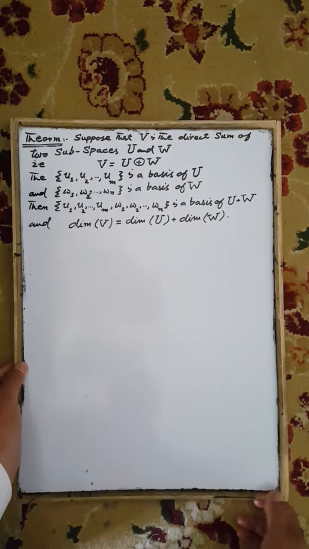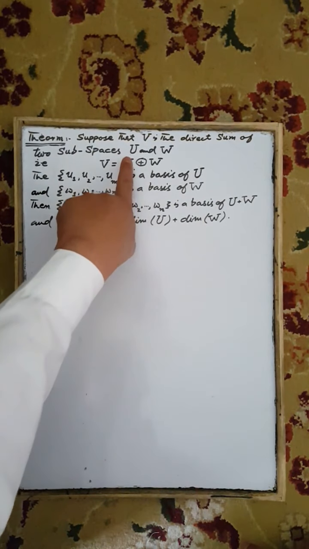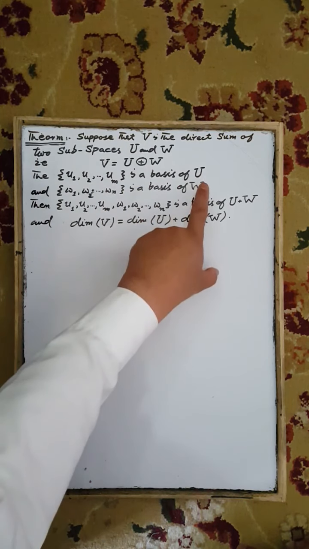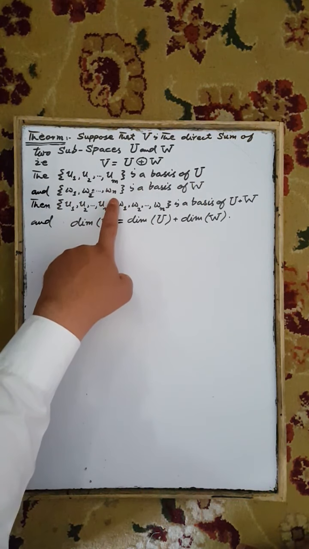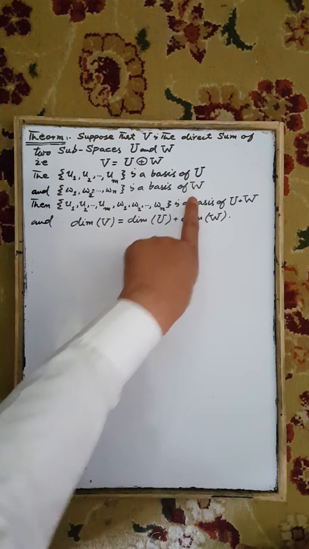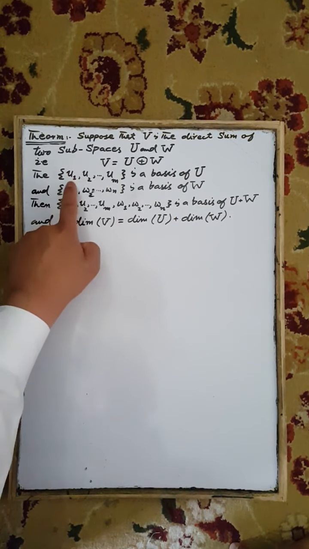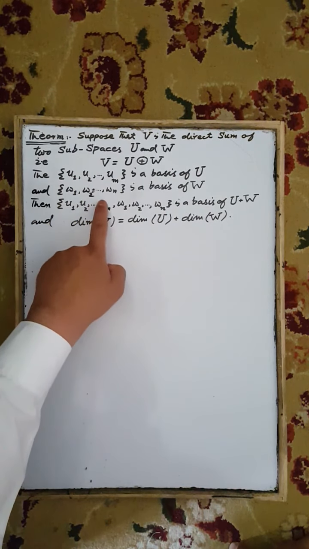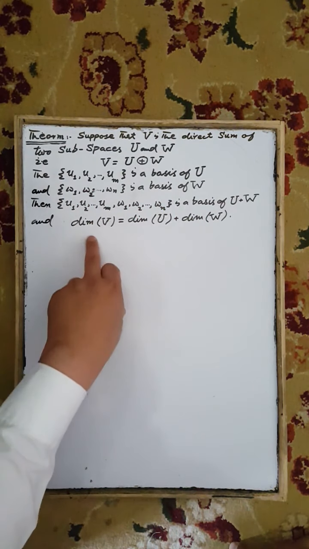Bismillahirrahmanirrahim. Now our next theorem is: suppose that V is the direct sum of the two subspaces U and W. U1, U2 up to Um is a basis of the subspace U. W1, W2 up to Wn is a basis of the subspace W. Then the union of these two sets, containing all the elements of the basis set of U as well as the basis set of W, is a basis of U plus W, and the dimension of